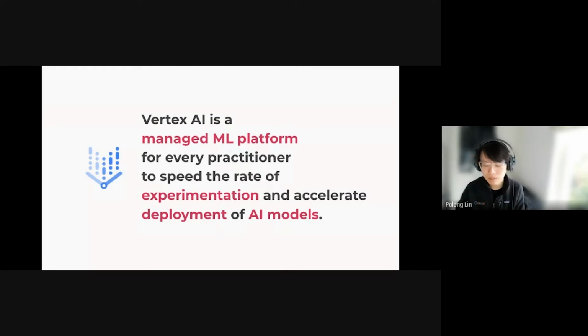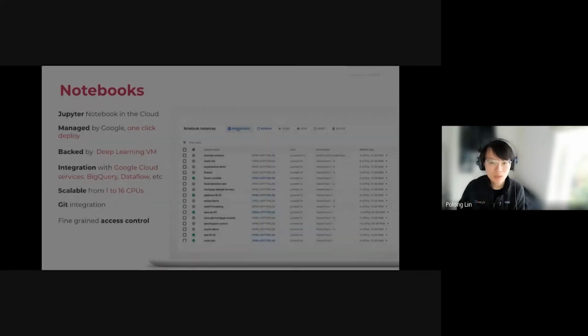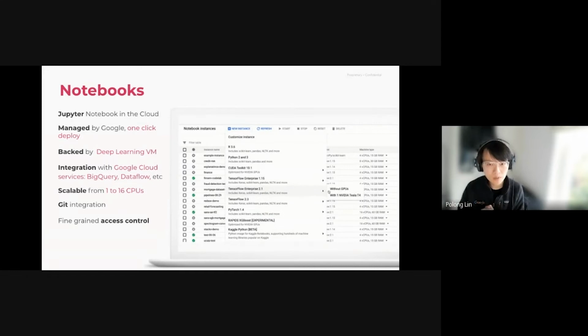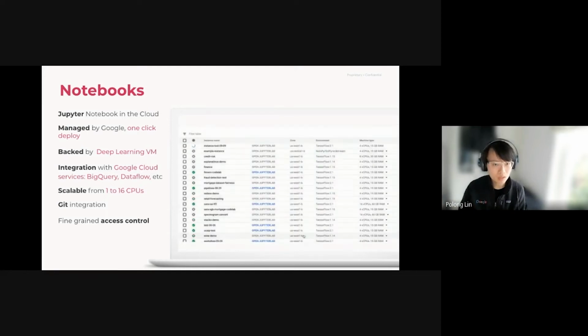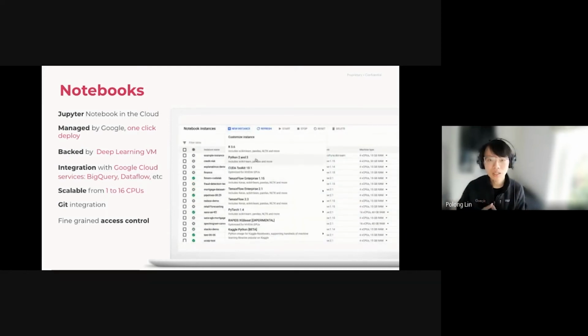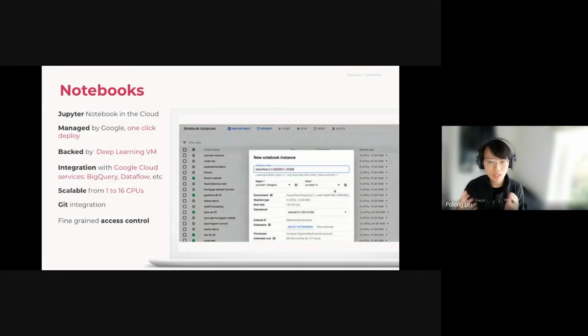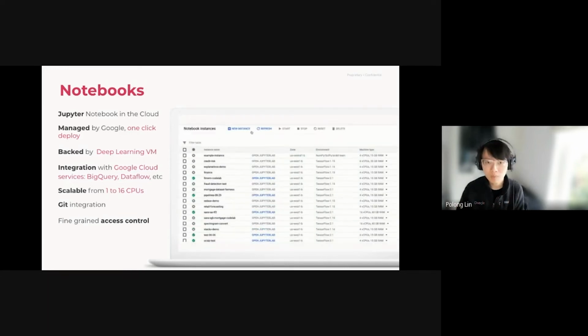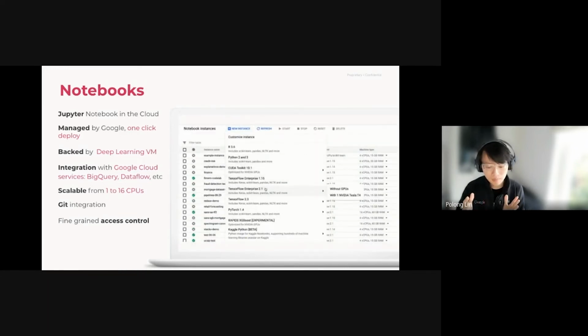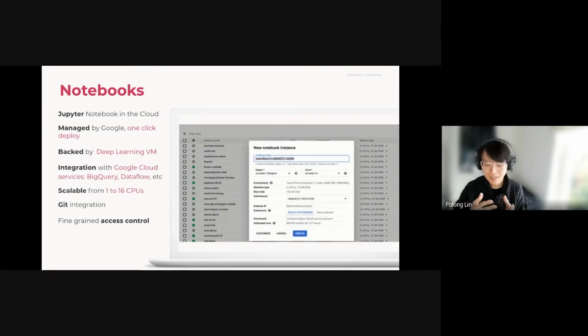Now, what does that look like, and how does that work? Well, the first thing is, for many data scientists, notebooks are the go-to way to experiment, prototype, and even deploy their machine learning models into production. So notebooks on Vertex AI, we call this Vertex AI Workbench, allow you to use your familiar Jupyter Notebook environment and spin up notebooks of almost any size.